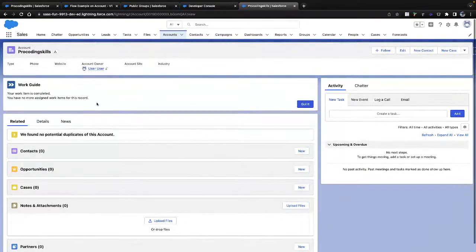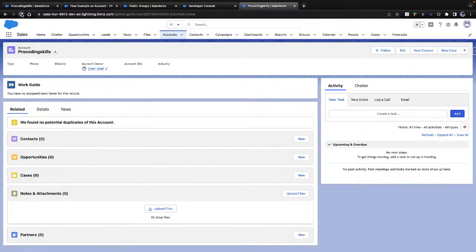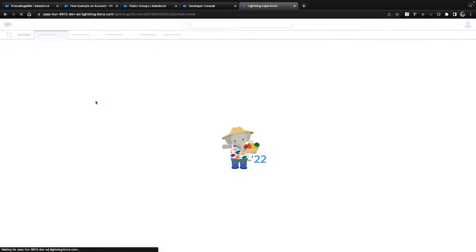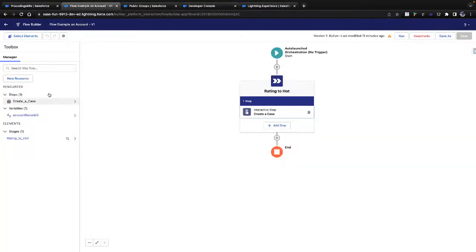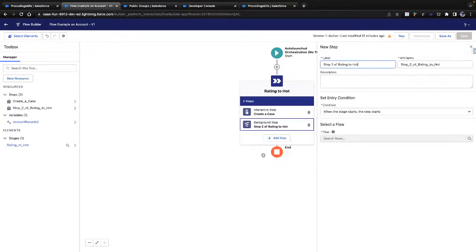The reason behind this is a standard flow. Your work item is complete, you are no longer assigned to work. It means there is no more work pending because the step which I needed to assign, I created. This is quite interesting, but there are different things I need to explore, like when creating a step, there is a different option called background step and interactive step. What we are currently doing is an interactive step. If I want a background step, it selects your flow to run when the step starts, so it's more like an auto launch flow that I need to create.